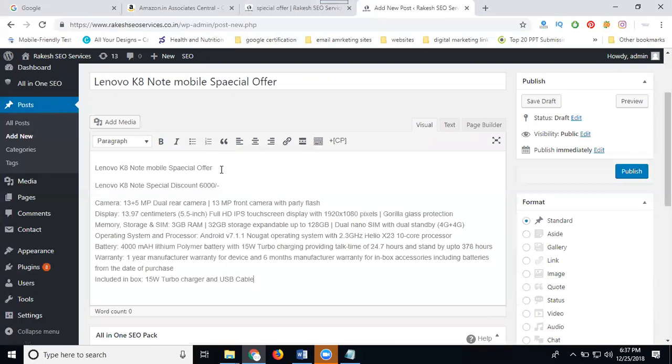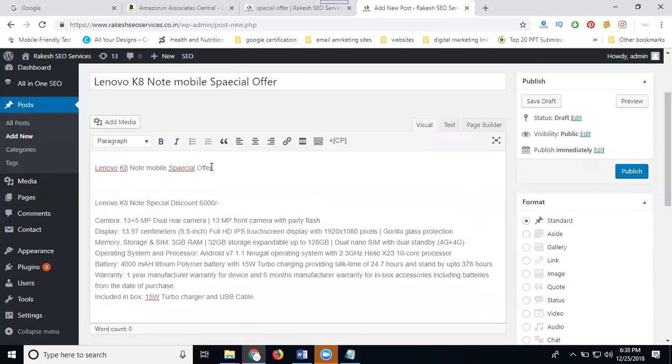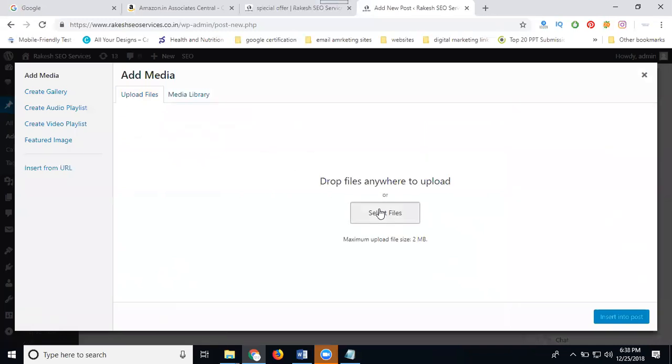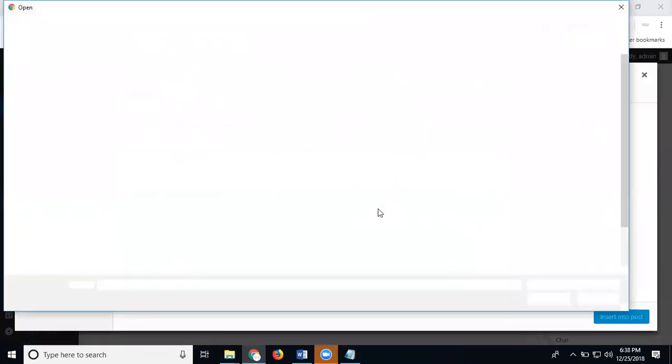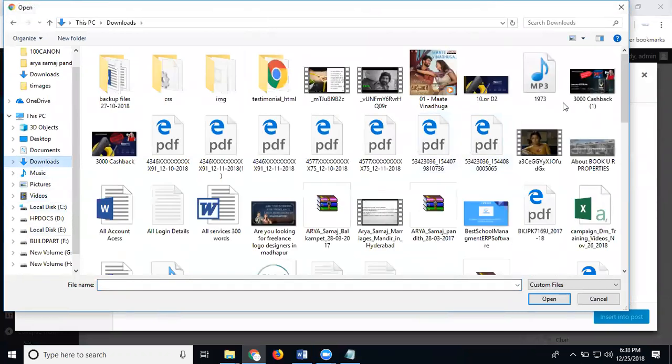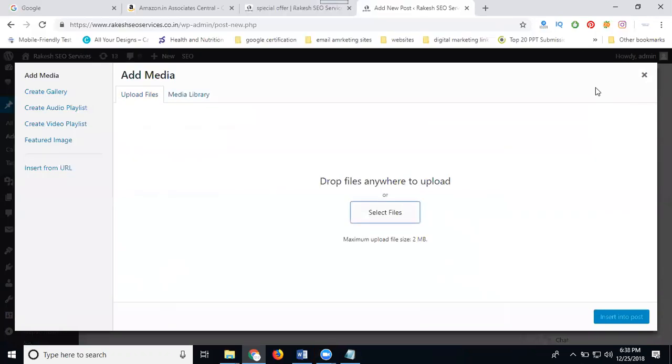So the content. For the next one, add your image. It is called select your perfect image. Select it.